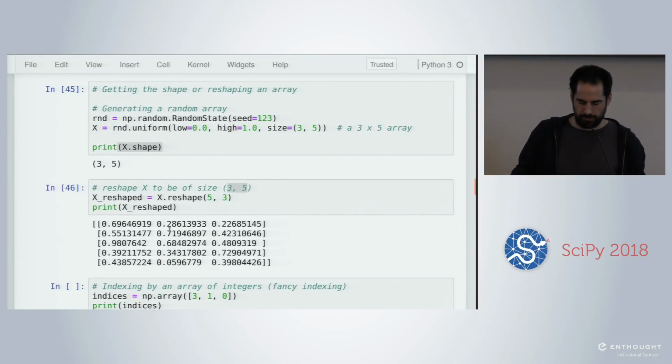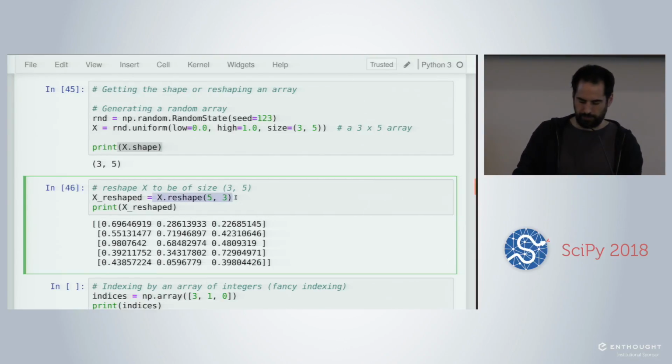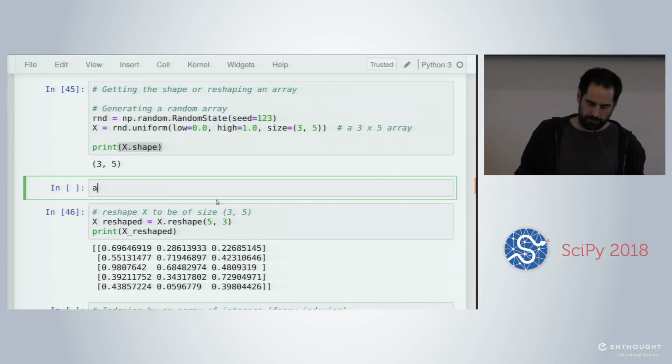So this is the same array, but this time if you look at the shape, the 3 and the 5 have been switched, so we now have 5 rows and 3 columns, and basically we are just switching the two. So it's doing the transpose operation from mathematics.